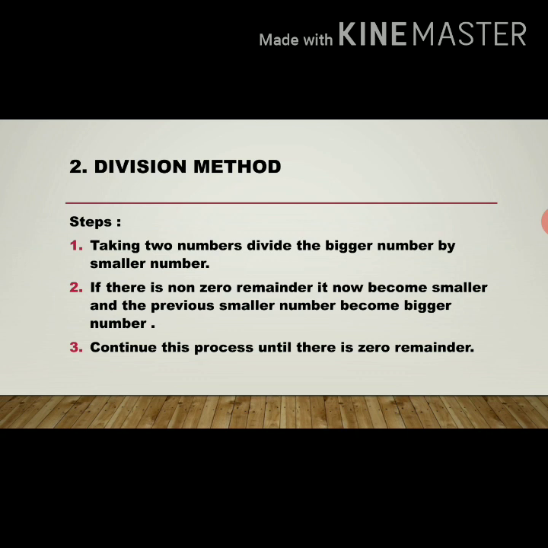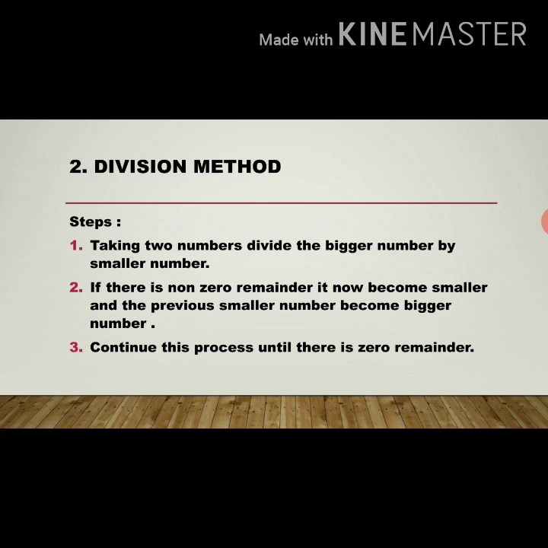Coming to LCM, the lowest common multiple, in the factorization method the values are divided by some other numbers. And in HCF's factorization method, the values are also divided by other numbers. But in the division method of HCF, the values are divided by the numbers given in the problem, and we identify the smaller number and the bigger number. We divide the bigger number with the help of the smaller number.